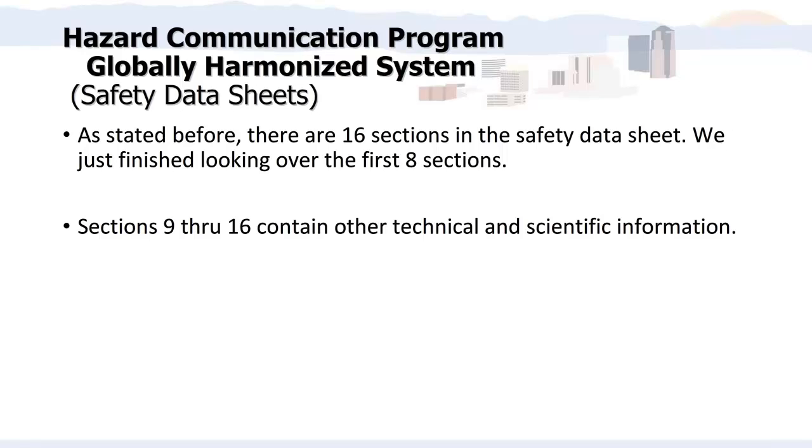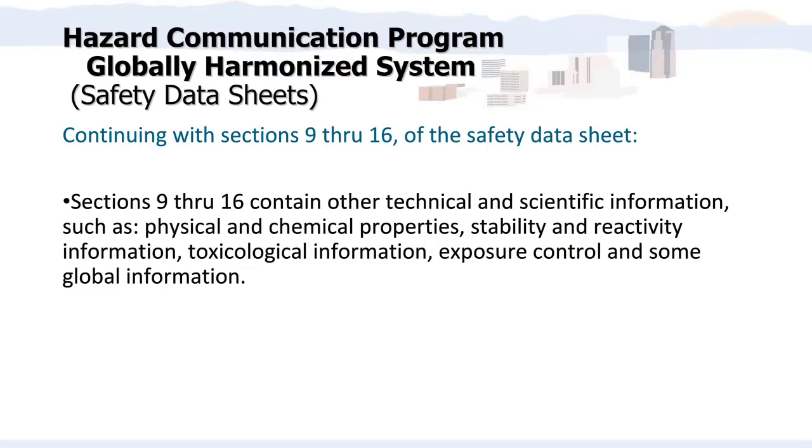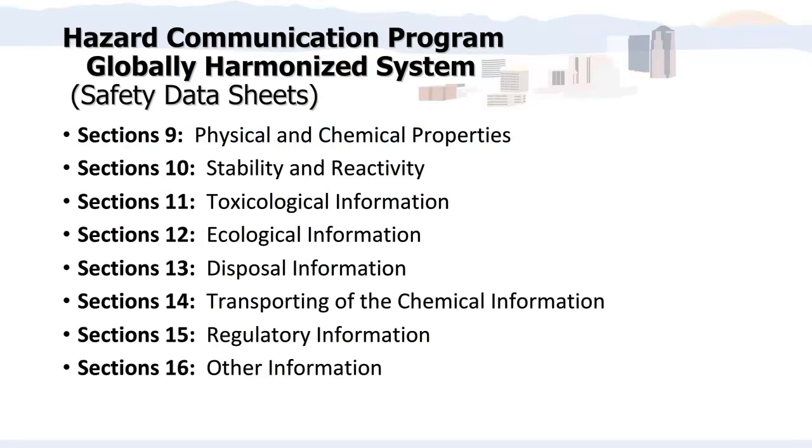Now let's continue with sections 9 through 16 of the safety data sheet. Sections 9 through 16 contain the technical and scientific information about the chemical. Let's look closer at these individual sections. Sections 9 through 16 include technical and scientific information. This information includes physical and chemical properties, stability and reactivity, toxicology, ecological, disposal information, transportation, also regulatory, and other miscellaneous